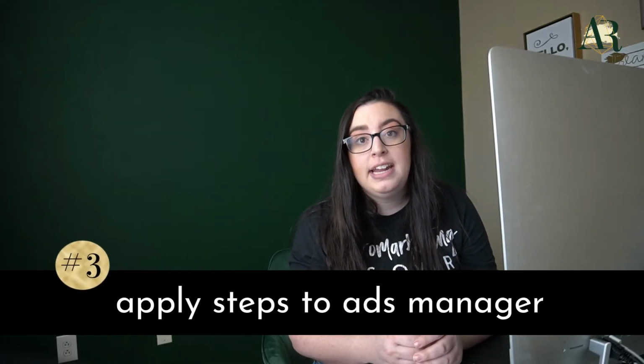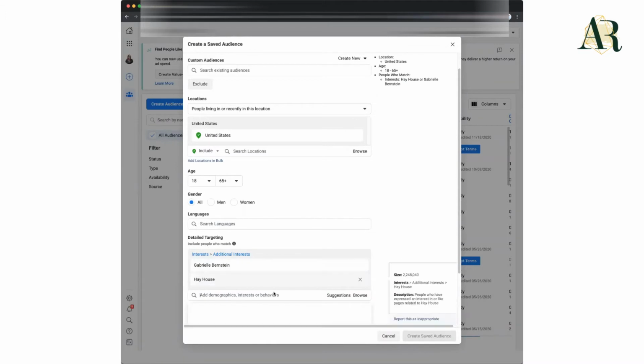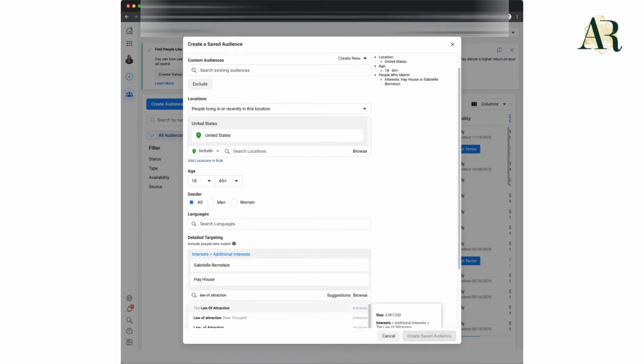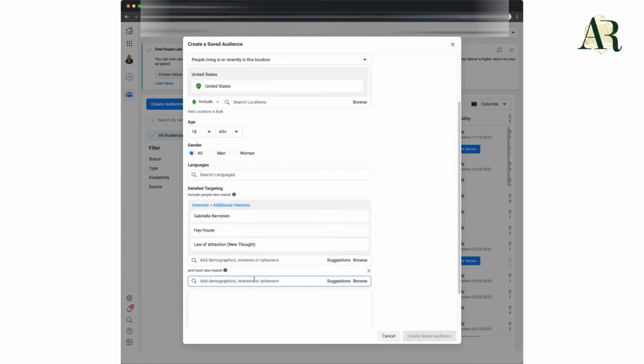Now this is the fun part. Step number three is to start plugging it into your ads manager and on your saved audiences. So let me go ahead and show you how to do that really quick. First, you put in all of the other demographics for your ideal client, like their age, gender. Then you want to put in the interests of that first category. So as you can see here, what I'm doing is I'm putting the spiritual one in there first. Then you want to click on narrow audience to then put in interest of the second category, and same thing